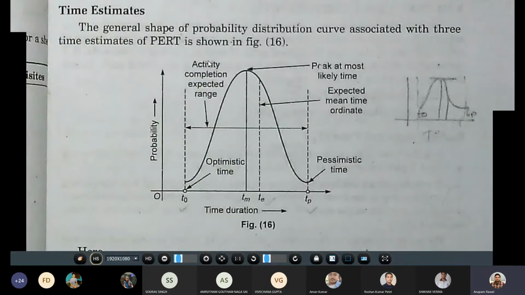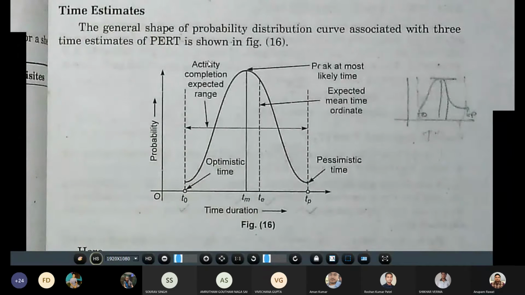There are two types of approaches for the assessment of duration for activity completions. The first approach is the deterministic approach and the second is the probabilistic approach. Let us see what the deterministic approach is. In this approach, we assume that we know enough about each job and operation so that a single estimate of time is sufficiently accurate to give reasonable results. This approach is used by the CPM user.